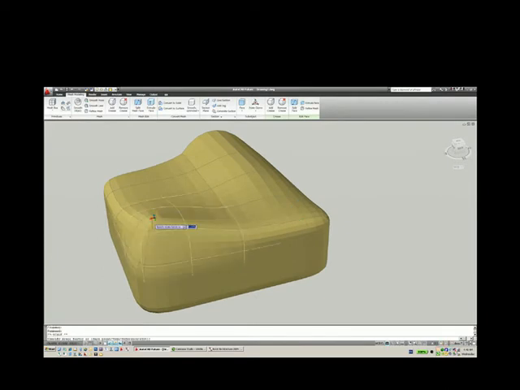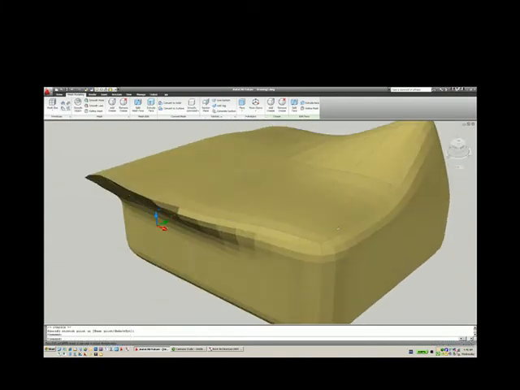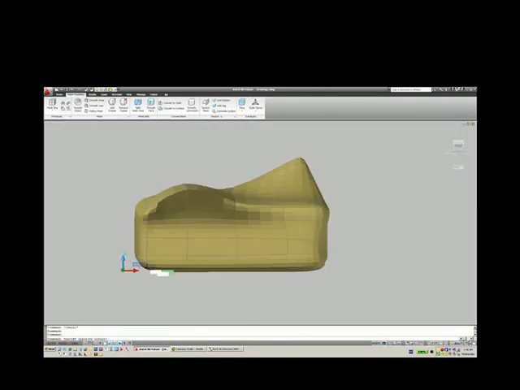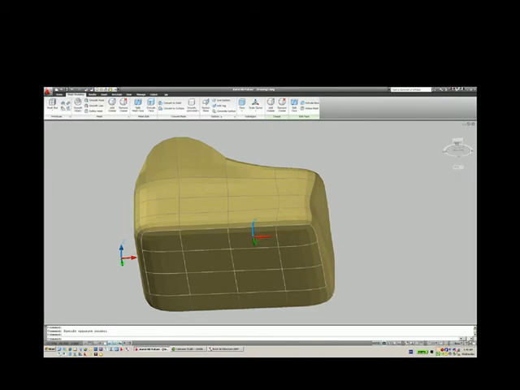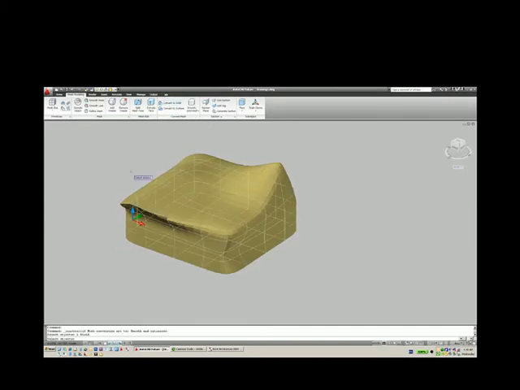Let's say that we're working on a pavilion, and we want to take this model into Revit because we want to continue work there. I'll just create a couple more modifications because it's so easy. So now that we have this, we'll just crease the bottom, convert to solid, save as DWG,